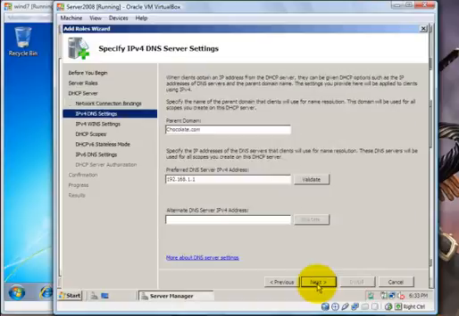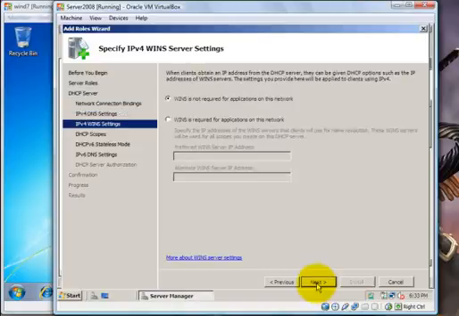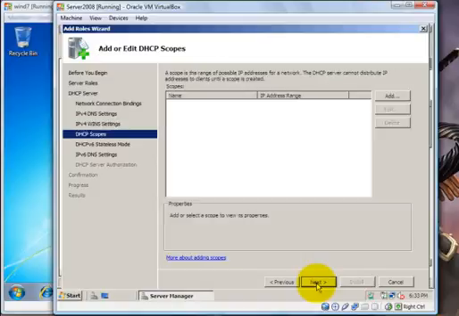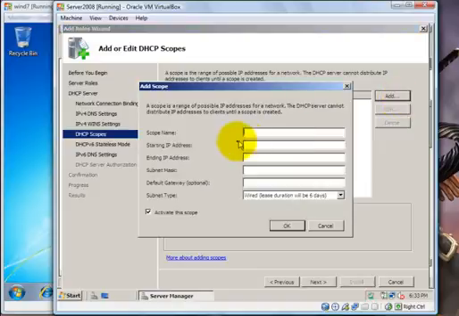Next again. Now as you can see, we have our server name, parent domain name and address. We'll validate, must validate. Click next. And we're going to add a scope. Now the scope is a range of IP addresses that will be used. So we'll give this scope a name, and we will give it class